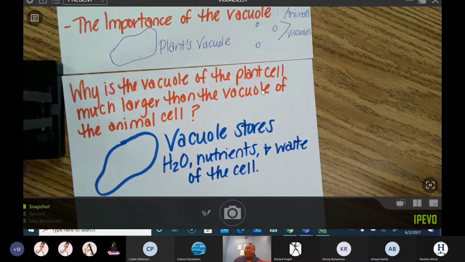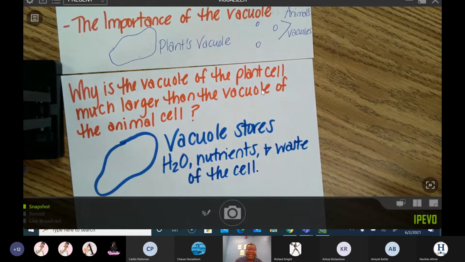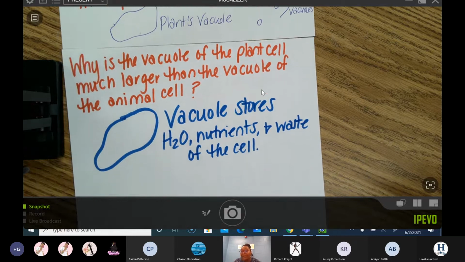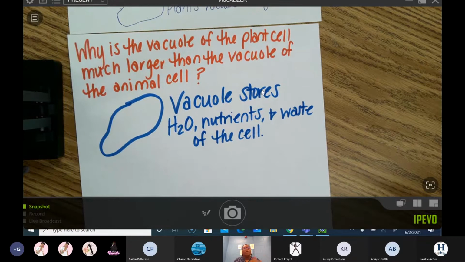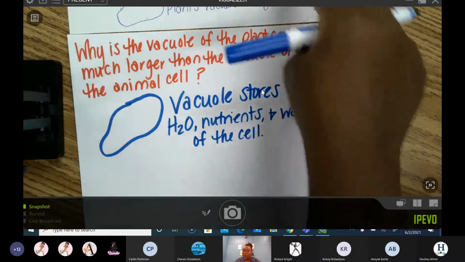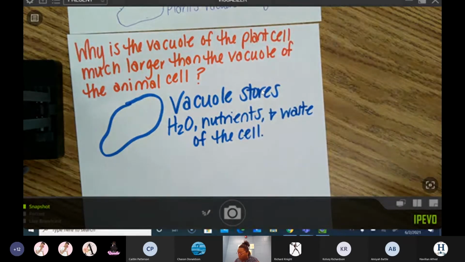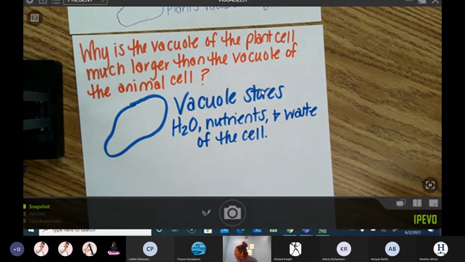We want to remember that the plant is able to make its own food. Therefore, it needs to be able to store its own food as well. So that plant has to store a lot of its own food and water because it's able to make its own. You see, the animal is able to go out and find their food. Okay, they're able to go out and find their food so they don't have to store as much. So the answer we want to put here